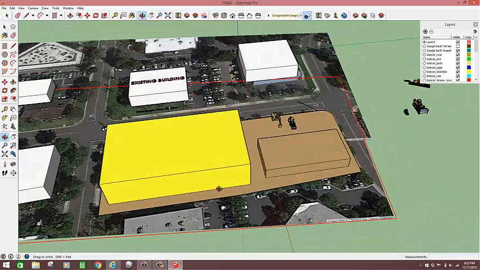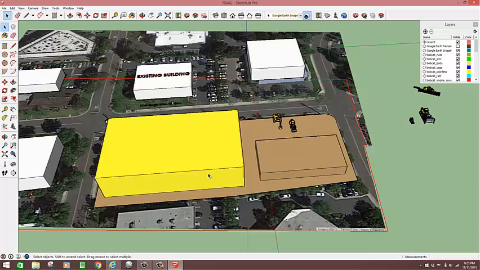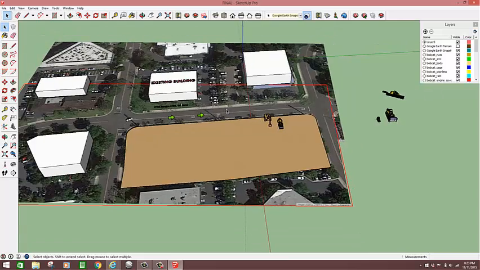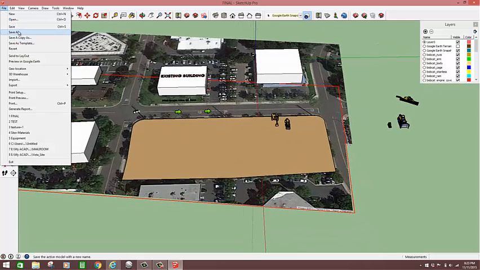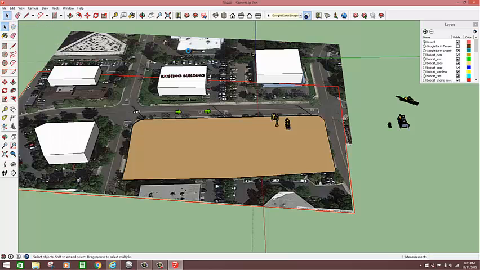So we can do that, or we can get a little more technical. So let's just get this stuff out of here. You can leave that as is, right? Save it. Now I can